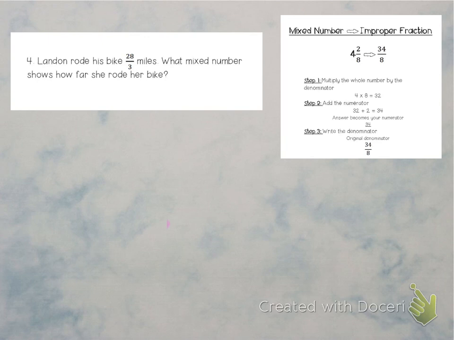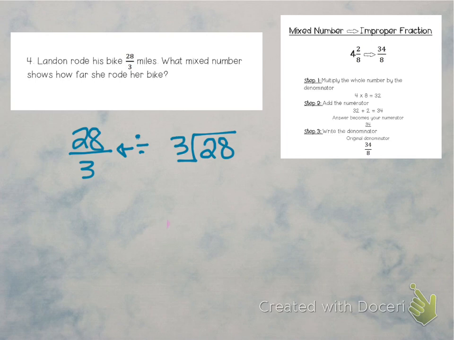Number 4. Landon rode his bike 28 miles. What mixed number shows how far he rode his bike? So we have 28 miles over 3. Fraction notation as division. So we're going to write 28 first because it comes first. We're going to build a house on it, and we're going to divide by 3. How many times does 3 go into 28? It goes into 28 9 times. 9 times 3 is 27. 28 minus 27